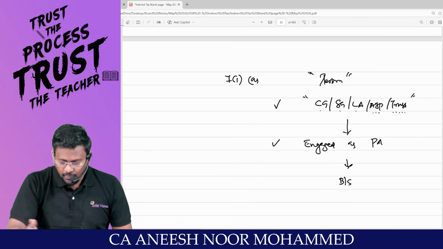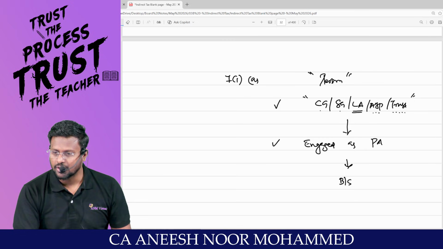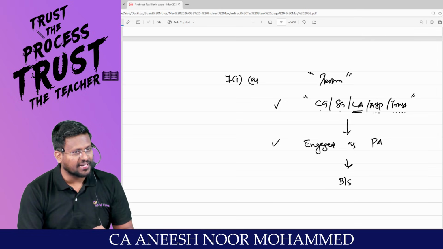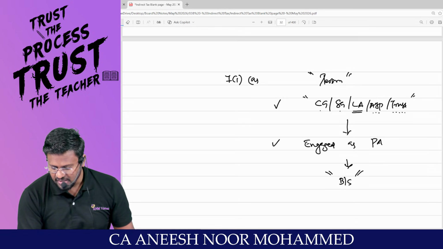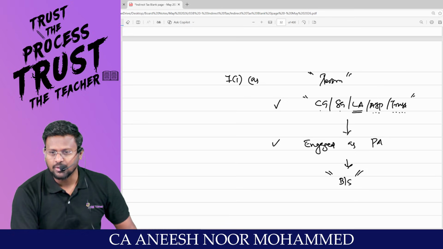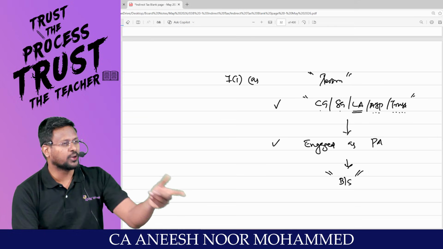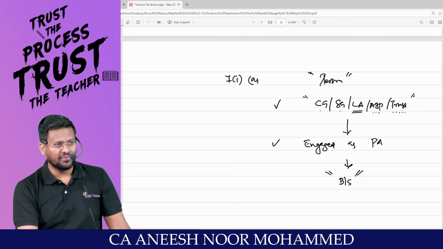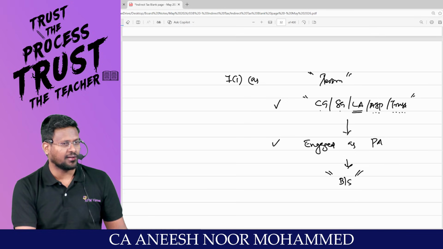Correct? Even that state, local authority, sir, Chennai Corporation is a local authority. Even they are also a person. They are doing all that activity engaged as a public authority. So that is also a business. So that also has to be subject to GST. Means for collecting waste, to putting road, to give the water, to supply the electricity, we elected them. So it is their national responsibility to do all that.